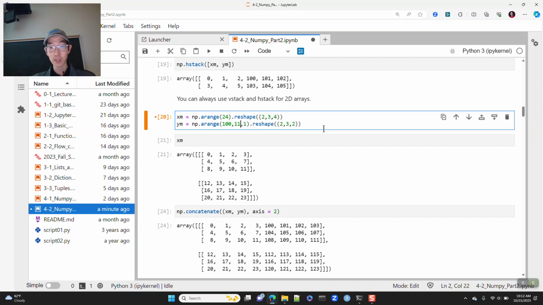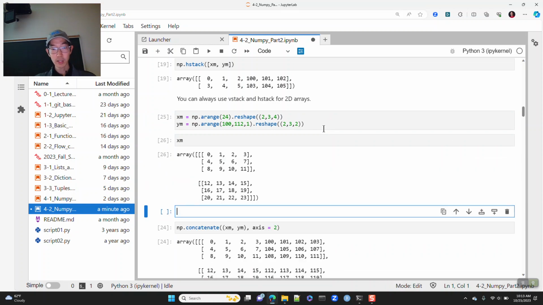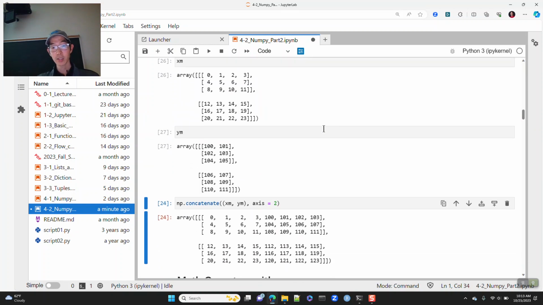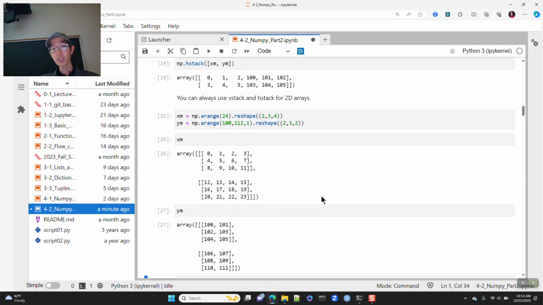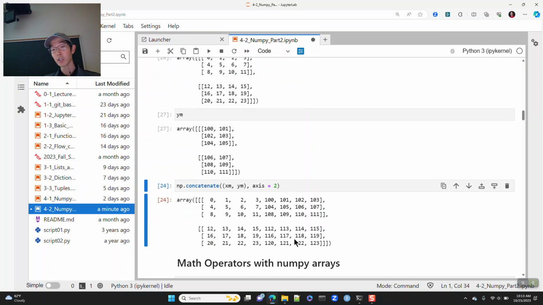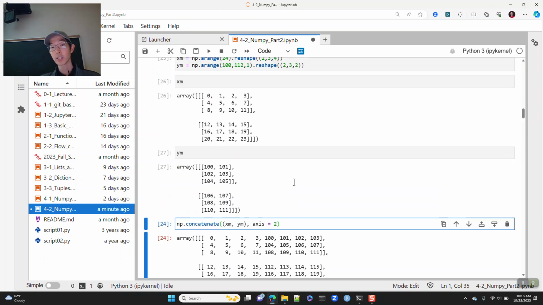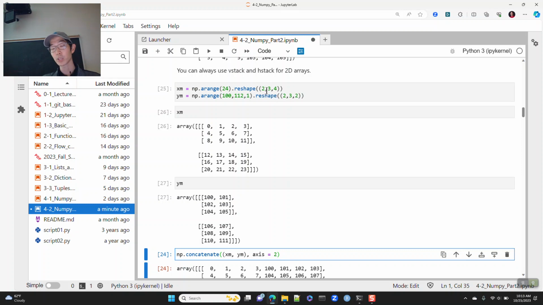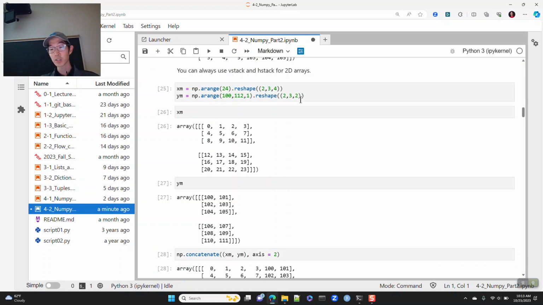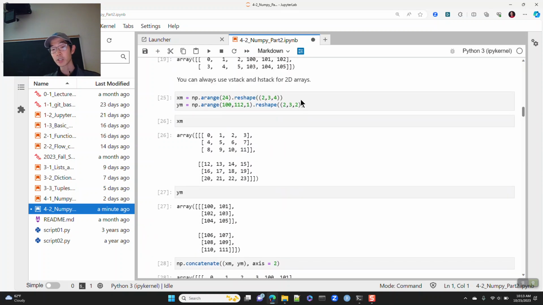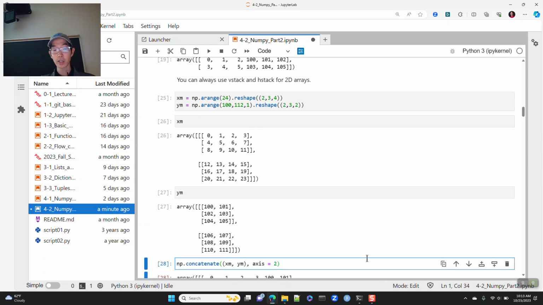Okay, so I'm going to have 1, 1, 2, okay? So xm is that, and then ym is this. And so this I can concatenate along axis 2. And so I will have 2 sheets, 3 rows, and 6 columns. So that will work. But if I try to concatenate, say, along axis 0, this will fail because it's going